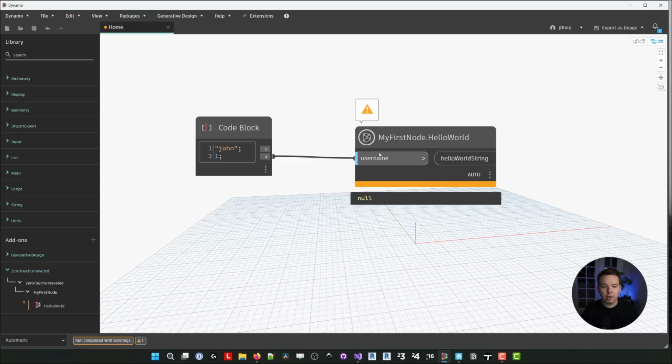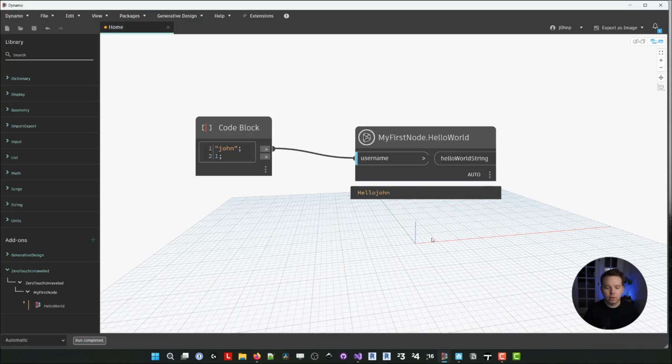Reason being, our input of username, if we hover on it, it is expecting a string. So you can see string as the data type that we're expecting. So we are telling the user, hey, you need to input a string for this to work. So I'm going to reconnect that, and we'll see that it's working. In this case, if we were to add the space in front of my name, it will fix it, but we're going to account for that in our code now as well,